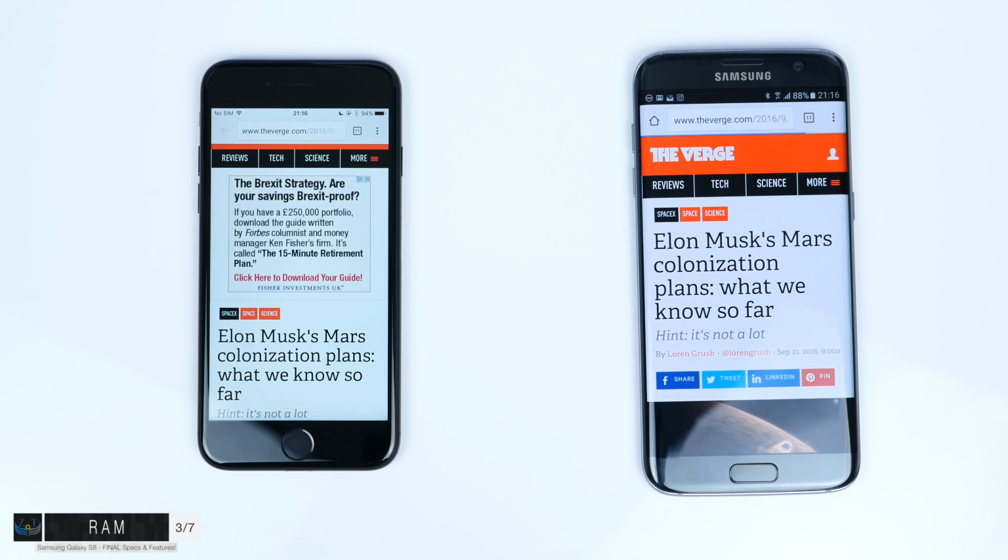So yeah, this is a really major issue when it comes to TouchWiz, not to even mention the bloatware and the overall system lag that you still have. I mean, I still have quite a lot of lag on my S7 Edge, something that I don't have on my Google Pixel, for example. And another thing that I don't have on my Google Pixel is the RAM management issues that I have on my S7 Edge. So 4GB of RAM on something like an iOS device or a Google Pixel is definitely enough. But when it comes to Samsung and TouchWiz, it's definitely not enough, unless Samsung really optimizes TouchWiz.